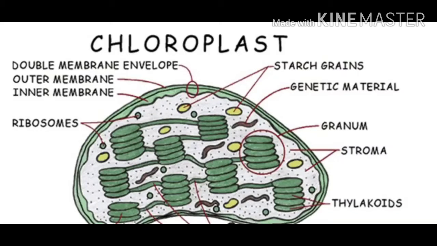This stroma is believed to be responsible for the various enzymatic reactions leading to the synthesis of glucose, which in turn joins together to form starch. Smaller molecules are called glucose. Many glucose molecules combine to form a bigger molecule which is called starch. So in this stroma only, the enzymatic reactions take place which lead to the synthesis of glucose. This glucose will in turn join to form starch. Small units are glucose, and many glucose units will combine to form a bigger molecule which is starch.